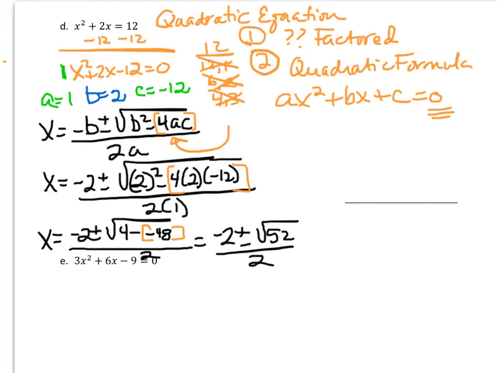Now that's two of the exact answers, two of the solutions, but in math we like to reduce whenever we can. So when we have a radical, we want to try to find a perfect square that is a factor of this radical. So off on the side up here on top, I'm going to have the square root of 52. And I know that 4 divides that. 4 goes into 52